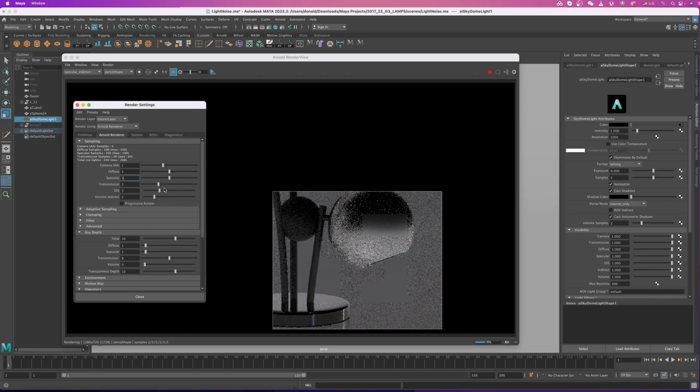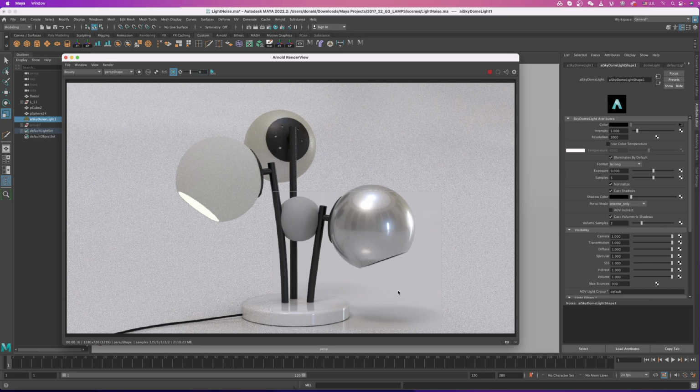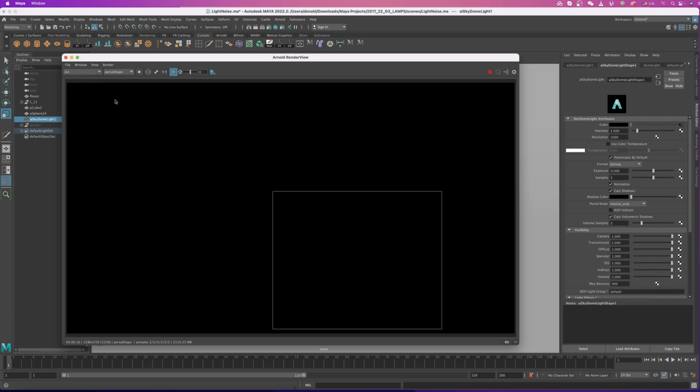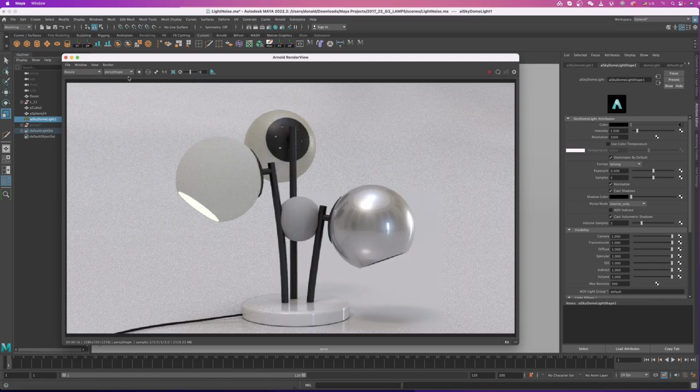and see how it is. Yeah, I see now our background here is getting a lot better, and here as well. And also this one is quite improving. So if we go back to our beauty, you can see that our scene is getting a lot cleaner. So what we are gonna do now is check other channels. Let's go to beauty here, and